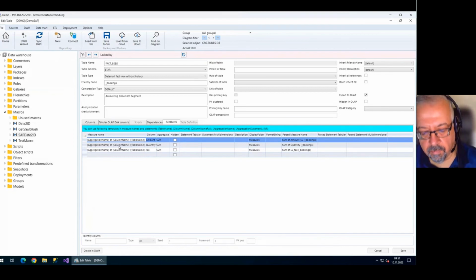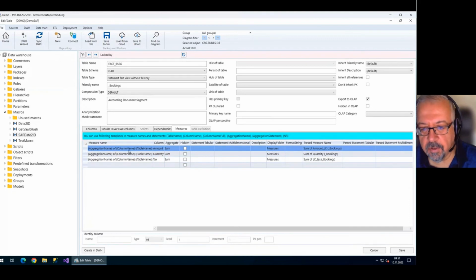Measure names in Power BI model should be unique. Therefore, if you have hundreds and thousands of measures, it is difficult to maintain this unique, that every name is unique. And using such templates, you can be sure, for example, that your measure name will be unique. Here in the column parset measure name, you can see how your measure will be called if you use our templates. But of course, you can